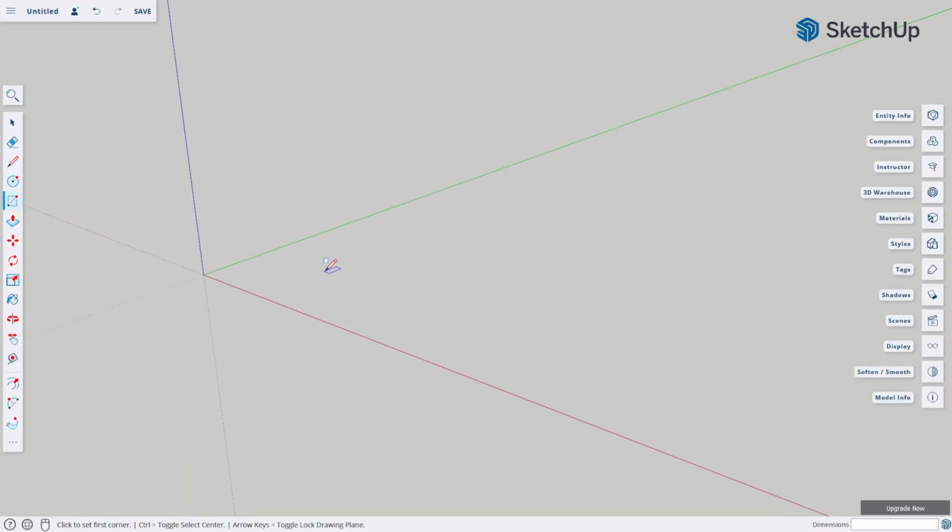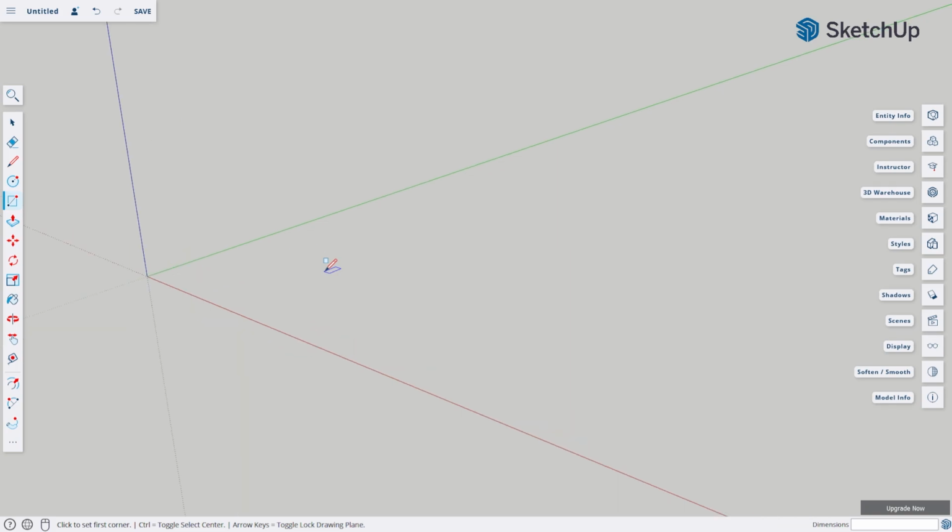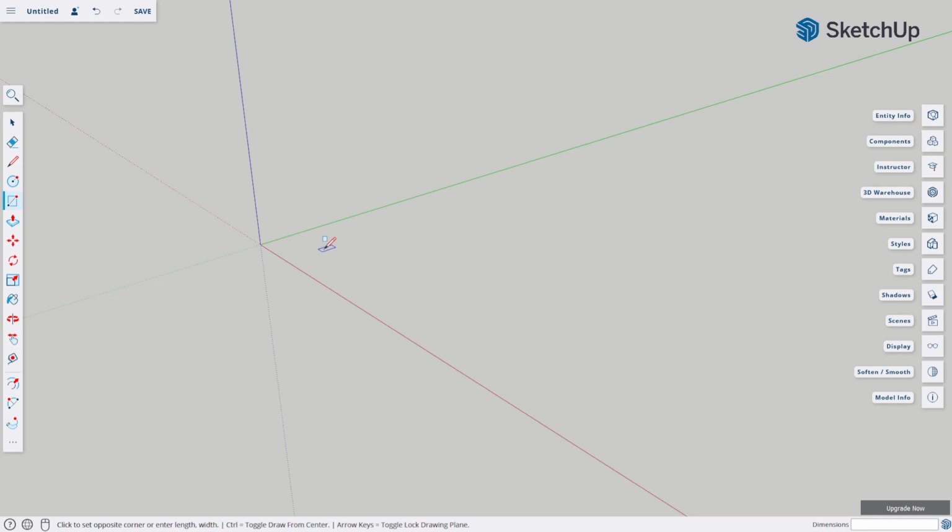So, using the rectangle tool, I'm going to create a rectangular shape for the base platform of the first floor. The wall should be twice as long as the main front of the house, so I'm thinking of giving this a 20 by 10 feet measurement, something like that. While I'm dragging my mouse, I'm going to type on my keyboard 20 apostrophe, comma, 10 apostrophe. Then I'm gonna hit enter.